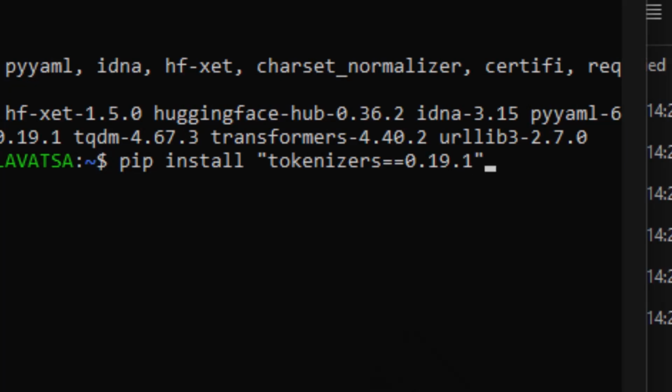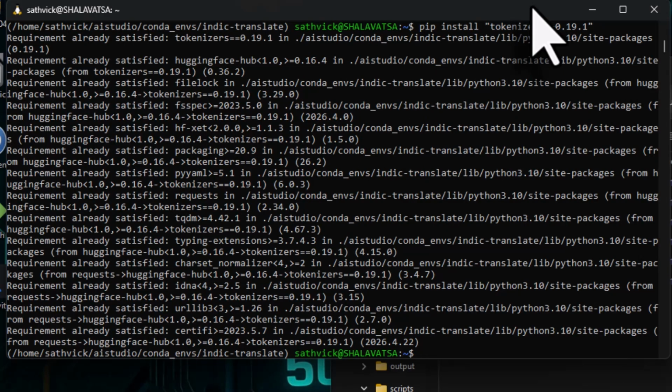Now if I press enter, this command installs 0.19.1 of the Hugging Face tokenizers library. This specific version matches perfectly with our previously pinned transformers version 4.40.2. I am going to install a few more dependencies, pip install, and I will install sentencepiece,